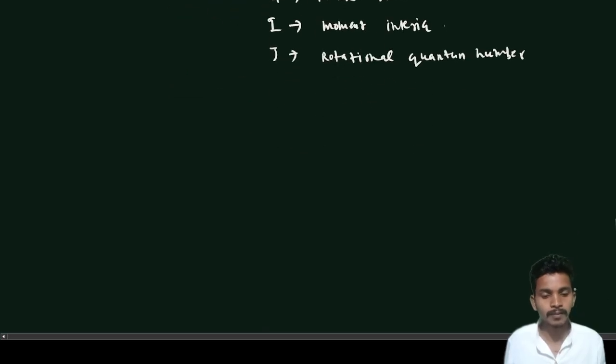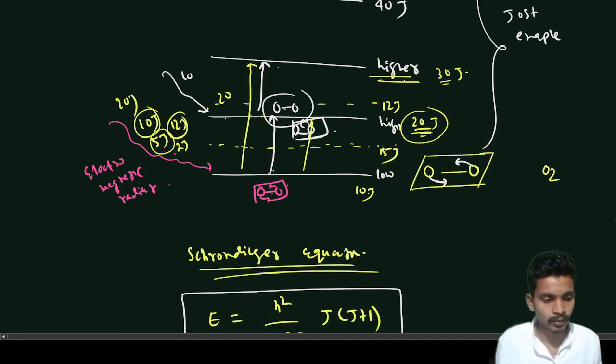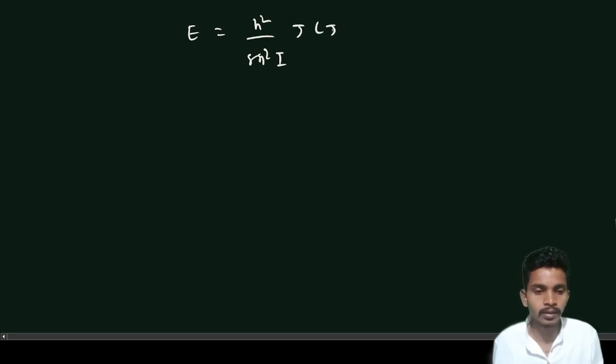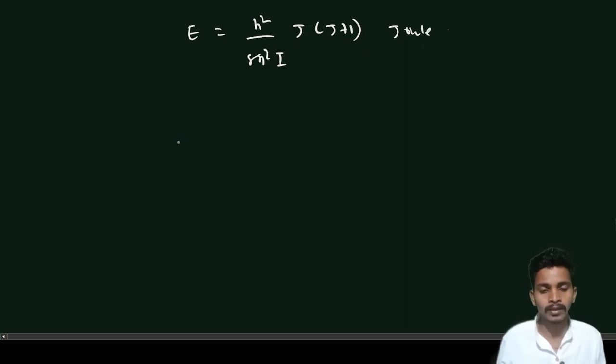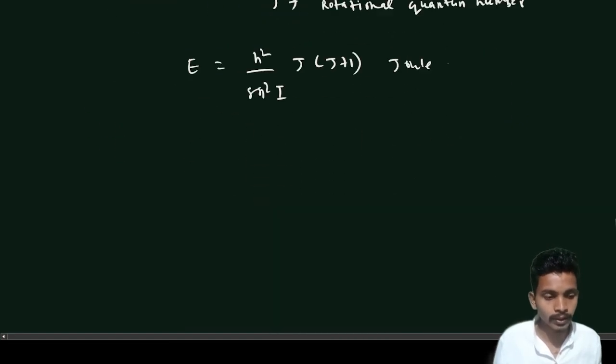So how do these equations give that? Let's say I am writing here E equal to h square upon 8 pi square I. This is in joule. But before we learn how the energy levels are given by this equation, we should know one more thing: that this is in joule,